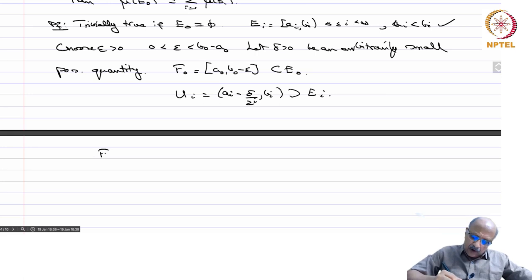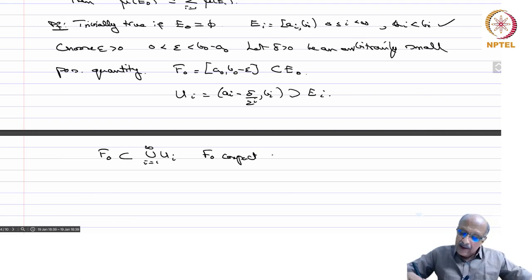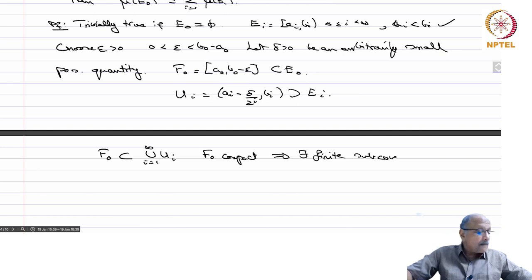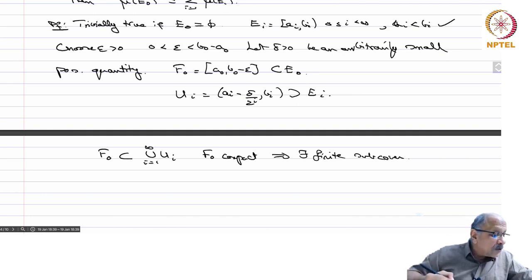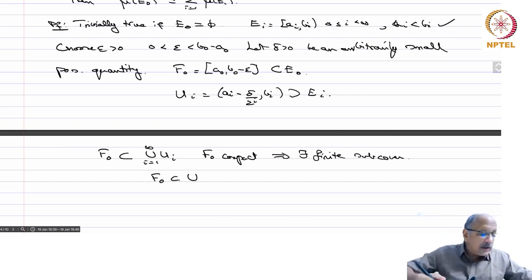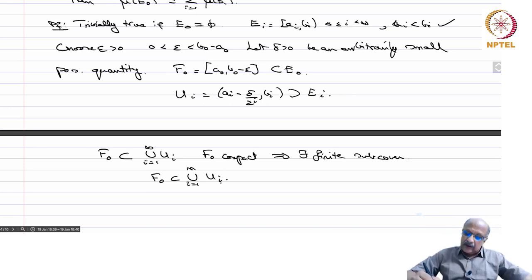And therefore F naught is contained in the union i equals 1 to infinity of Ui, and F naught is compact because it's a finite closed interval. It's compact, which implies there exists a finite subcover. So let us assume that F naught is contained in the union i equals 1 to m of Ui. So you have a closed interval and a finite number of open intervals, and therefore by lemma